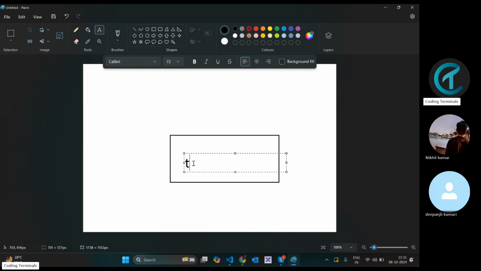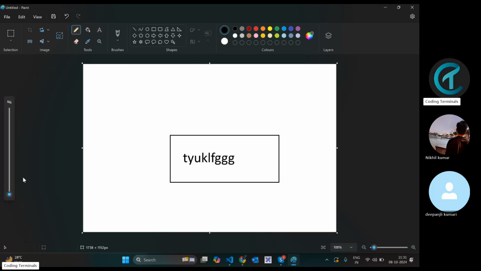So here we are going to write something. Okay, so just consider one imaginary boundary, and inside this boundary you have one space available, and after the text,